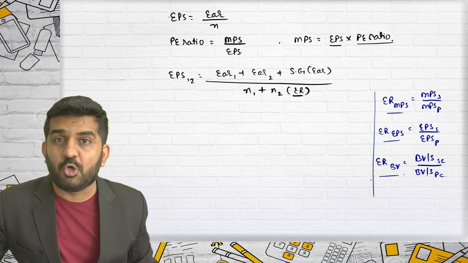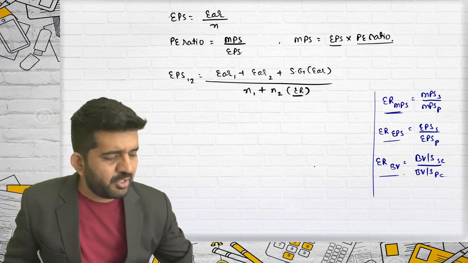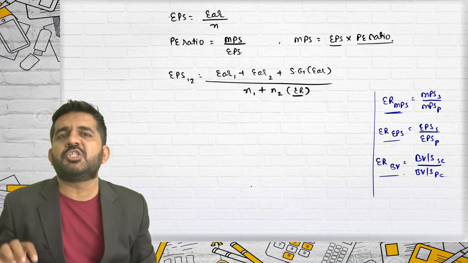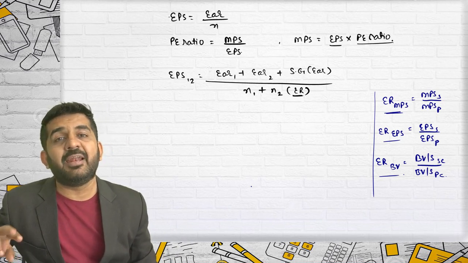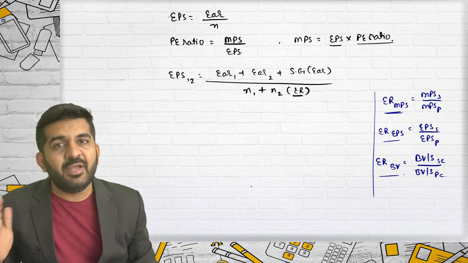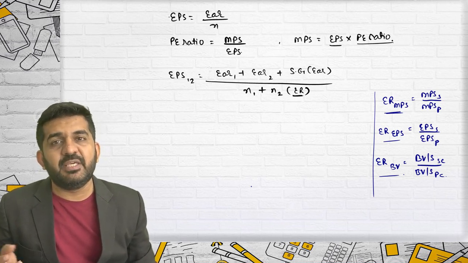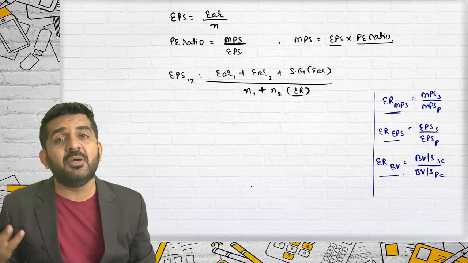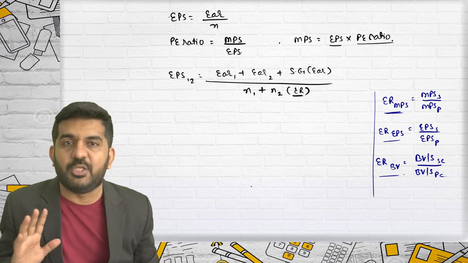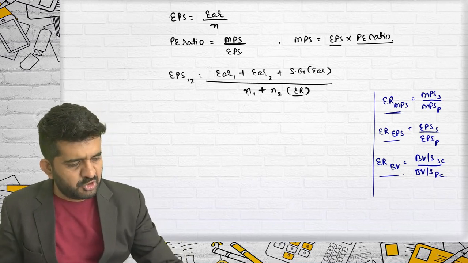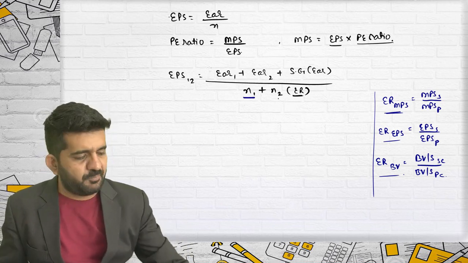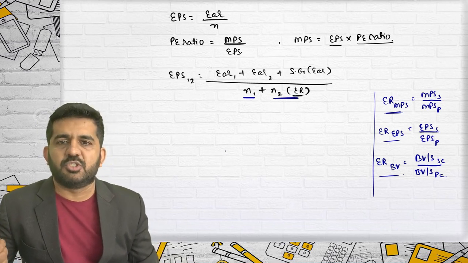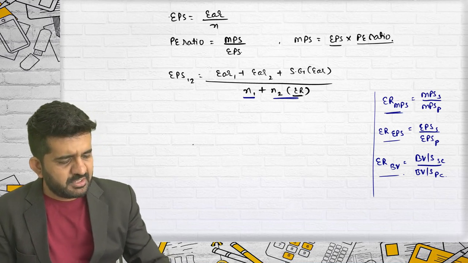See, what this logically means is, when your exchange ratio is based upon MPS, you are giving all the shareholders of the selling company their market value. When the exchange ratio is based upon EPS, you are giving them earnings, and whenever it is book value, you are giving them their worth or book value. That's correct. This is the exchange ratio. This is the existing number of shares of the purchasing company. This is the shares issued by the purchasing company to shareholders of the selling company. Sorry, this is EPS 1-2.